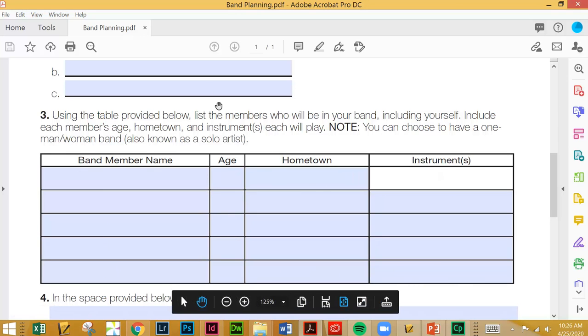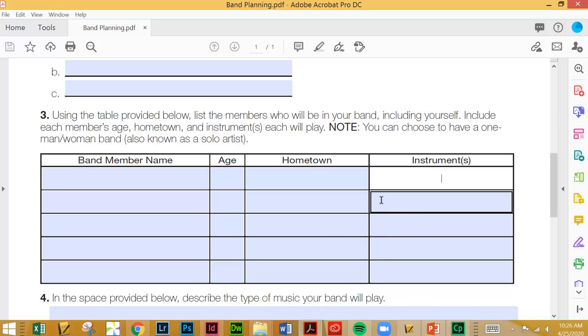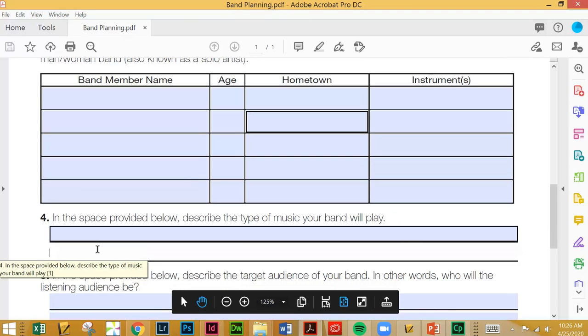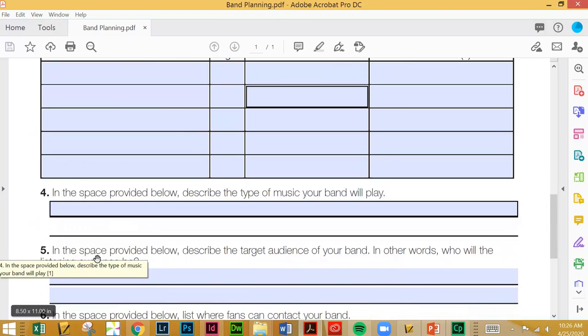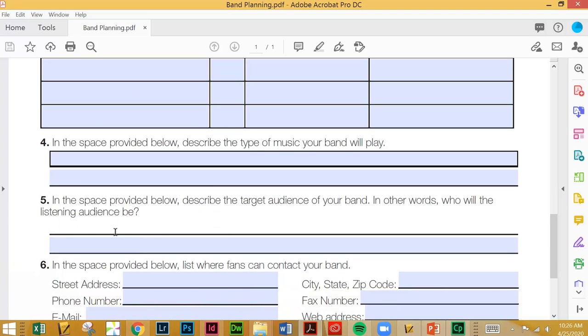This is just a way to organize your brainstorming and to create in your own mind a more solid idea of who is in your band. Then you're going to describe what kind of music specifically that they play, maybe even listing some things they were inspired by. And then here, you want to start to really construct who would be listening to this kind of